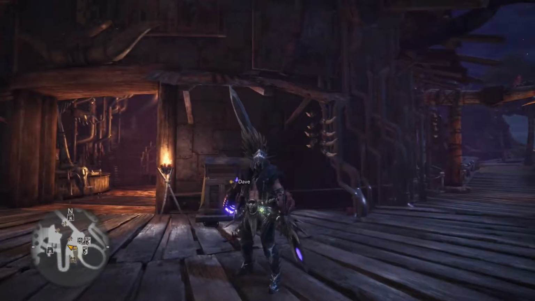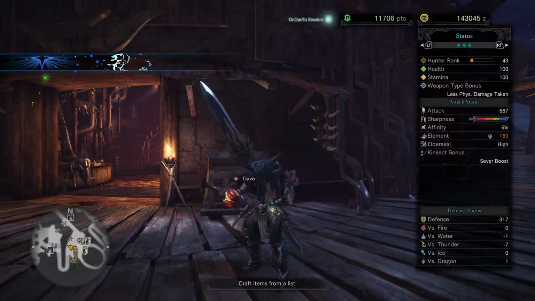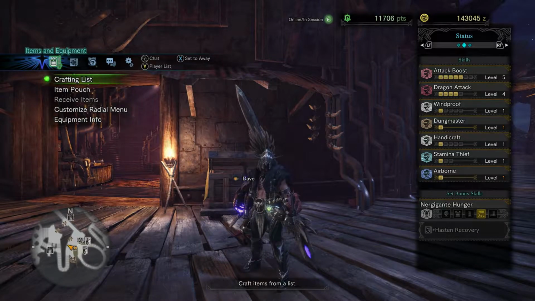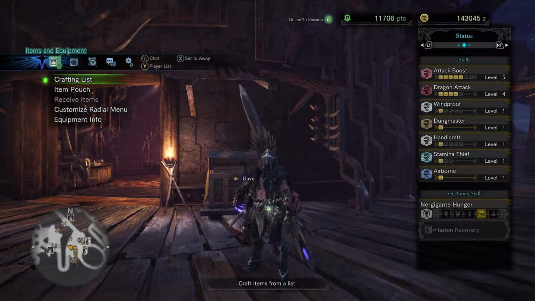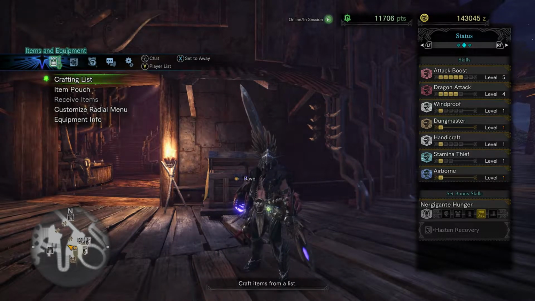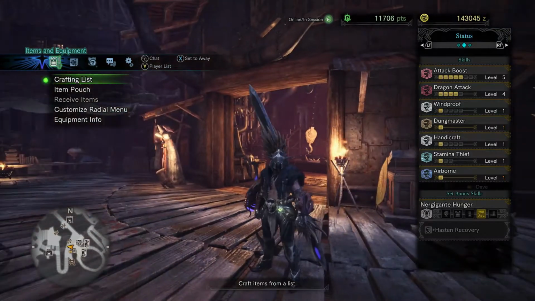So you might have this one, an attack up dragon build, there we go. I've got attack boost level 5, dragon attack level 4, and then I've got 1 or 2 other pieces that I don't really want, like Dung Master, but I haven't finished it yet. So what I might do is, once I get some decorations and maybe a charm that helps out with dragon attack, I could always ditch a piece of armor, add the windproof on and find something that's got better perks on it. But that basically in a nutshell is how to make a mix set or design a mix set